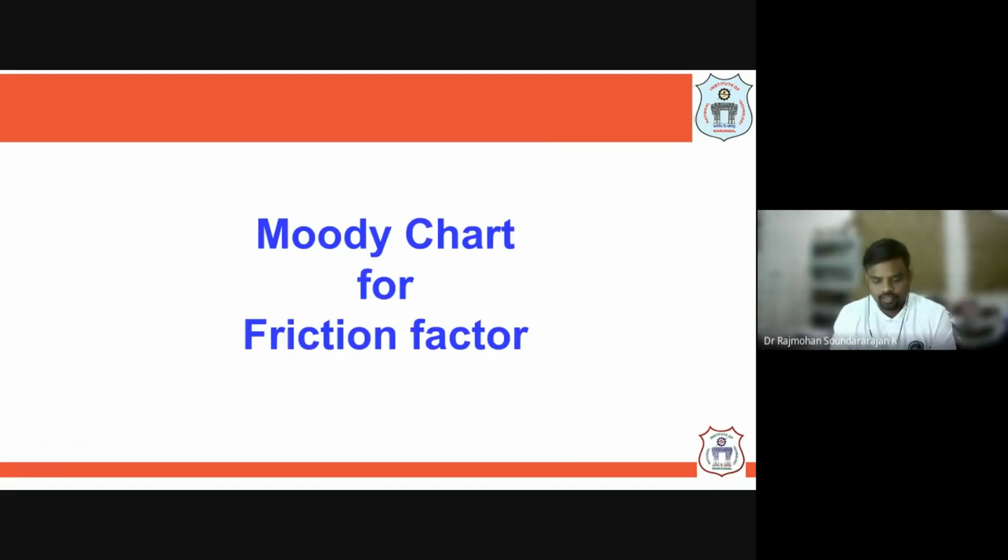Now we have seen the friction factor and how it is a function of Reynolds number, and we know that the friction factor depends upon the roughness parameter. And we have seen the list of absolute roughness for different pipelines. So now we can make a chart called the Moody chart, which is easy to refer to. If you know the Reynolds number and the type of material of construction of the pipe, we can easily get the friction factor from this chart.